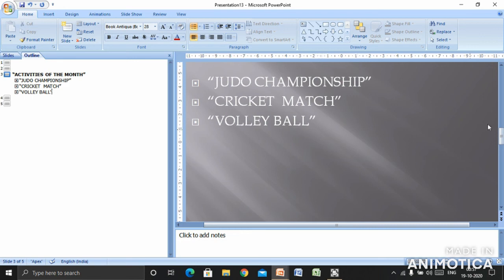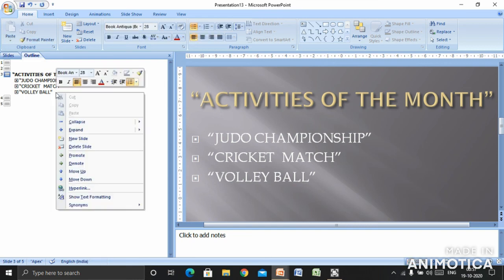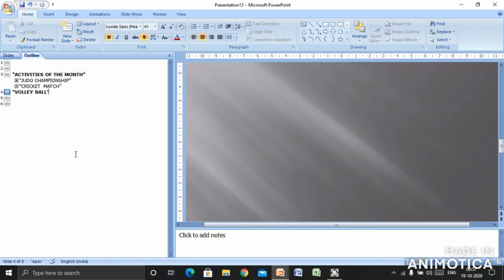Okay, and whatever things I'm writing on this slide, they are all visible in the normal view also. Whatever I'm writing in the outline tab, you can see it is visible in the normal view of the slide. Okay, so this is the benefit of the outline tab we have studied so far. Now come here and click on the outline tab again. So already we had clicked on the demote button. Now we'll click on the promote button. So here a new slide has been created for you.